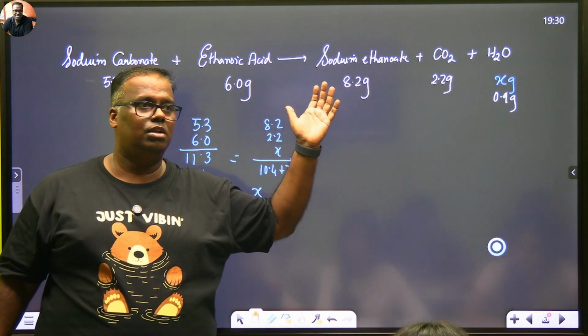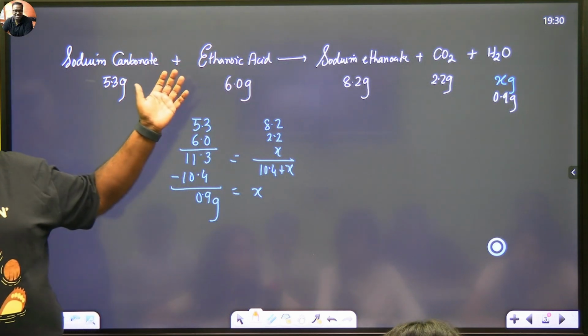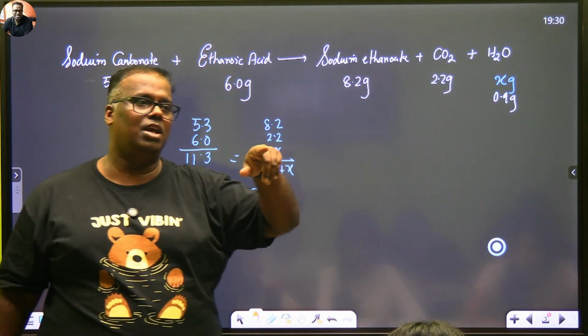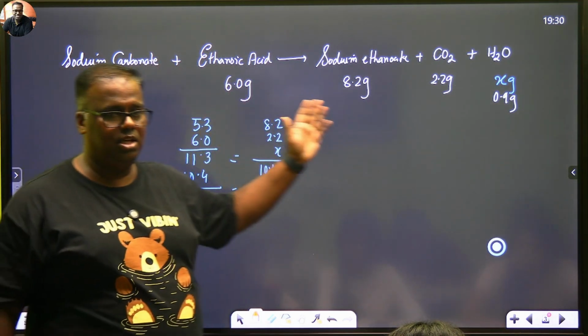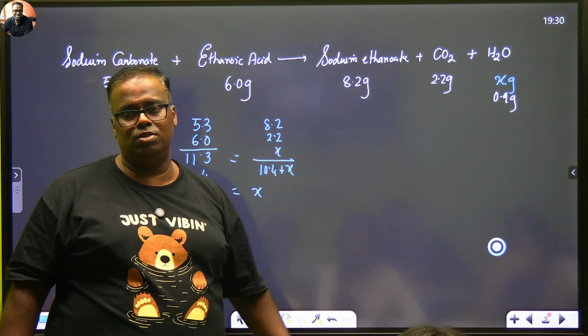and show that both sides, just take care Srishti, if water comes there then close it. Show that both sides are equal, which proves that the law of conservation of mass has been